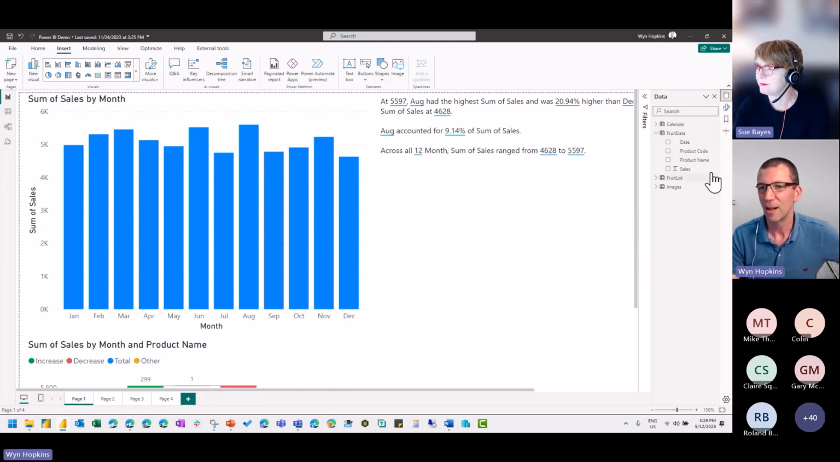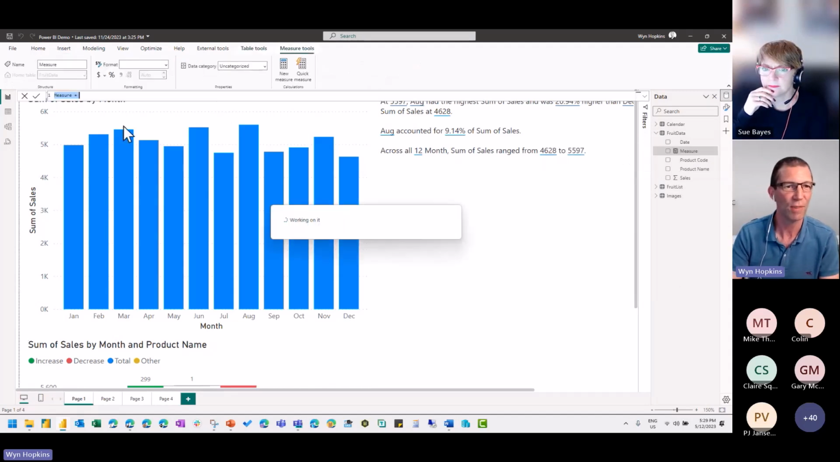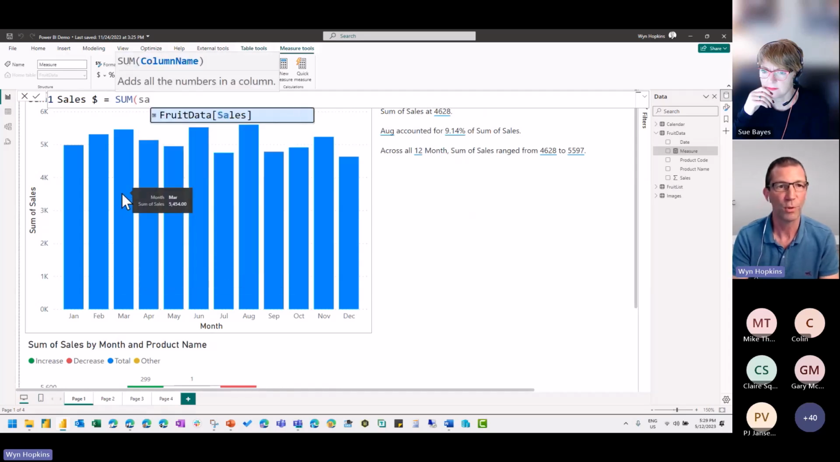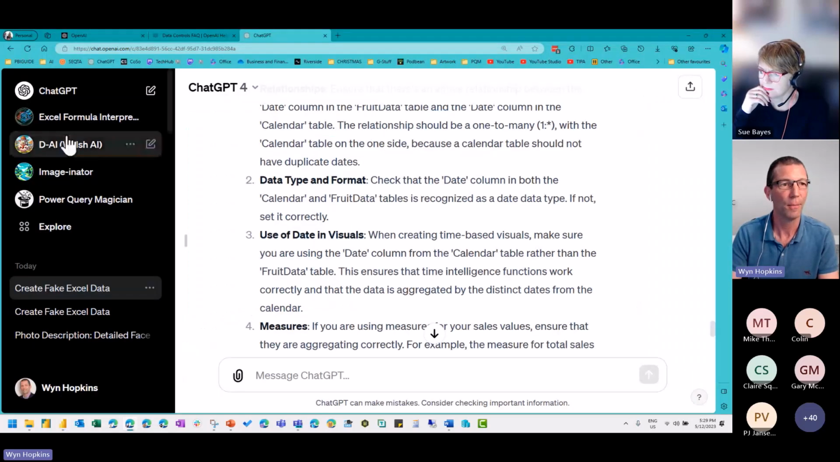So thank you. So I'm just going to go right click. I know enough to know I should be doing a measure rather than using implicit stuff. So sales dollar equals the sum of the fruit data sales. Okay, just going to format that. Cool. But I'm not sure how to do a total year to date. So I'm going to go into a little pre-prepared one